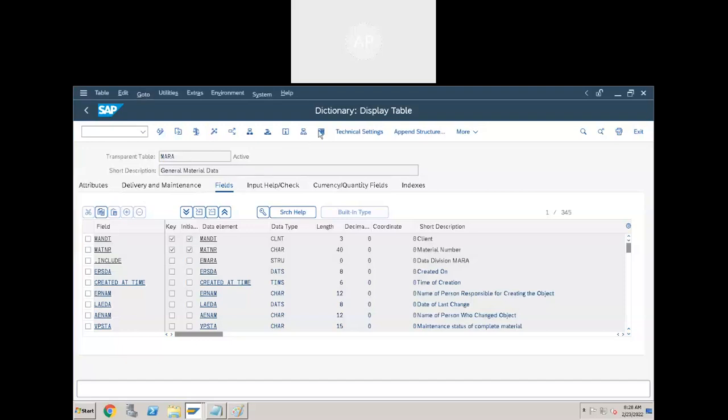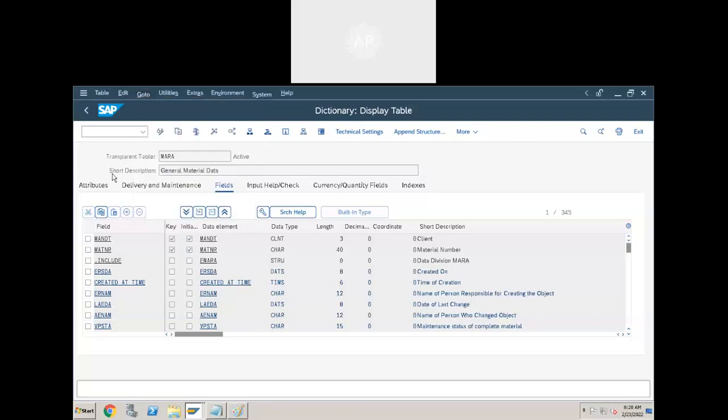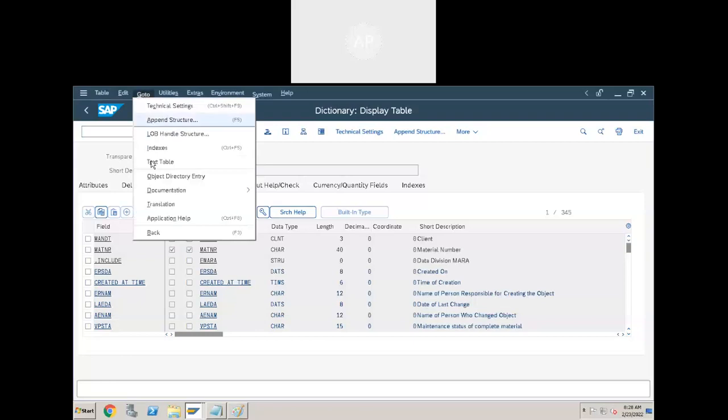So here you can find only codes, material numbers. And if you want to know the description of that material, for example, there is a material number called 1000. Do you know what is that 1000? What is that material by looking at the number? Cannot identify, right? If you know the text, for example, pen, then we can identify what is that material, right? So for most of the standard master tables, there will be a text table configured here. Go to text.